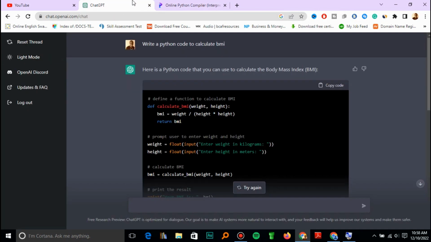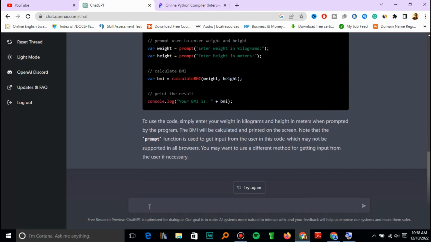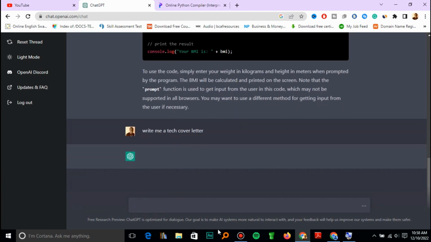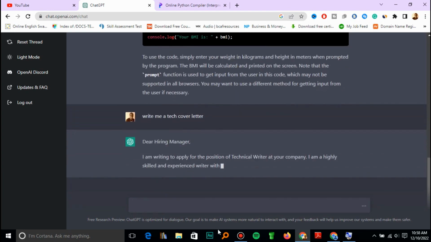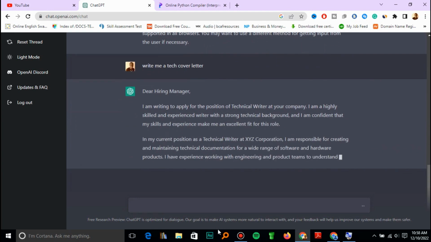You can also try something else with the ChatGPT. I'll go back to our chat box or message box. Then I want to write a cover letter, maybe a tech cover letter. Write me a tech cover letter. I want to apply for a tech job. And there you go, it will write for you as many paragraphs as possible. And you can just play around with this